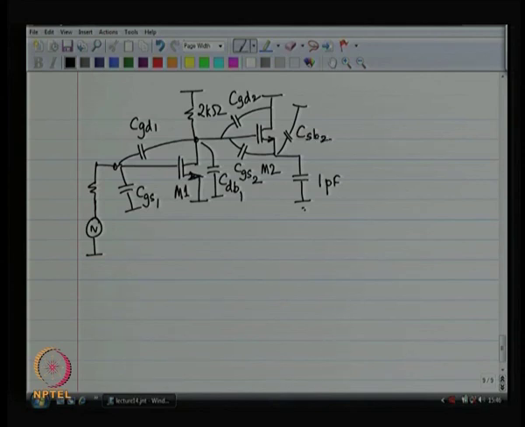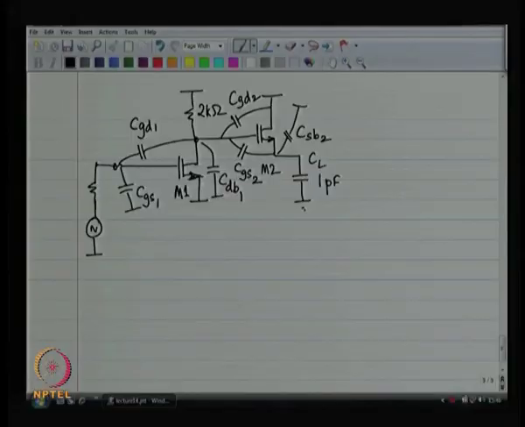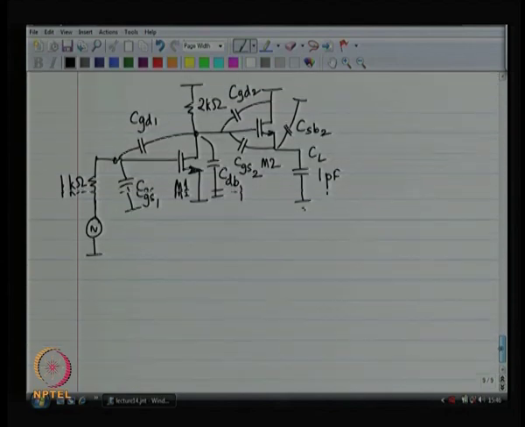What about C drain to body of the second one? It is irrelevant because both sides of that capacitor are at ground, okay. And I have got CL, which is 1 picofarad. Okay. So, this is my situation,